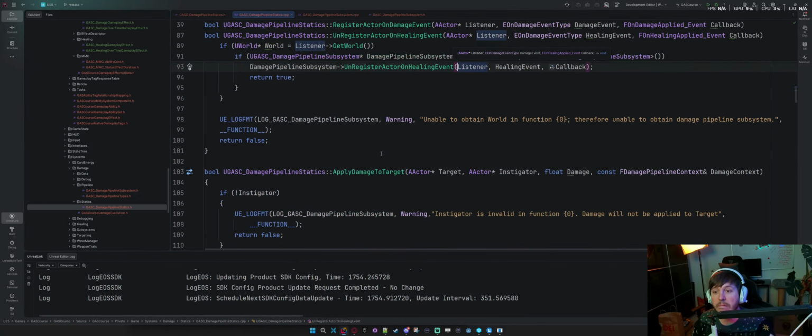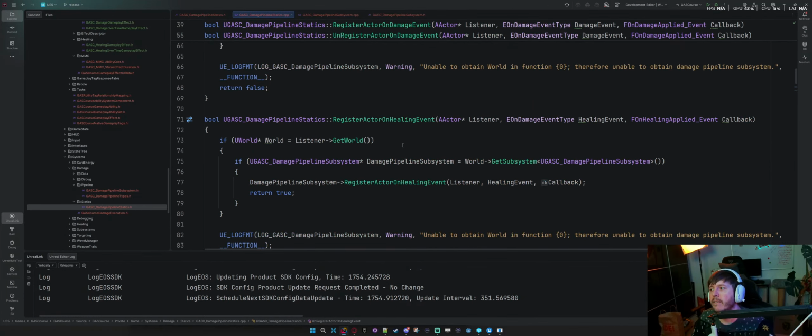Should be it. Let's try to compile. And we'll deal with any errors as they come up.